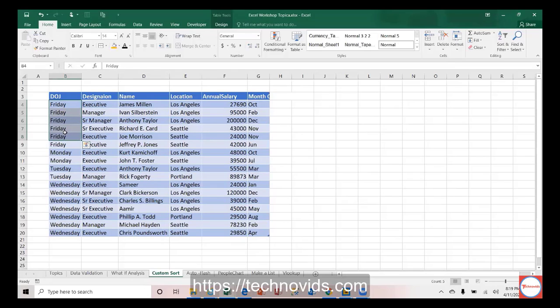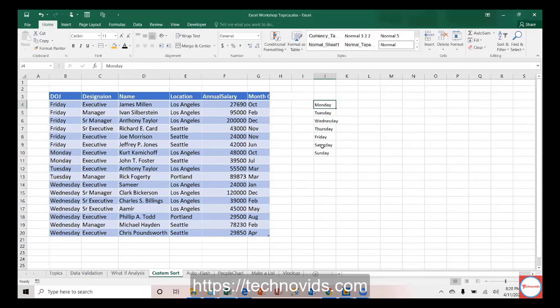Alphabetically, if you see, Friday comes first. F comes first, and after F, Monday comes, and after Monday, Tuesday. That is okay. Then Wednesday, like this. But if you think of weekdays, I have just shown the list of weekdays, it is not like this. It is like this: Monday, Tuesday, Wednesday, something like this. I want to do it like this: Friday, then Saturday and Sunday. I have two lists, that's why it's showing up like that. Otherwise, it should come properly.